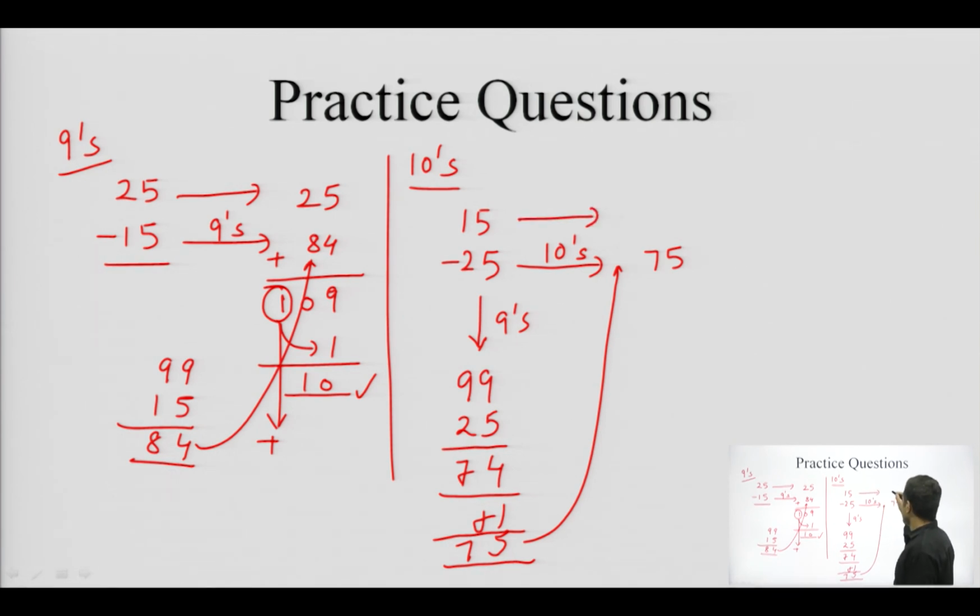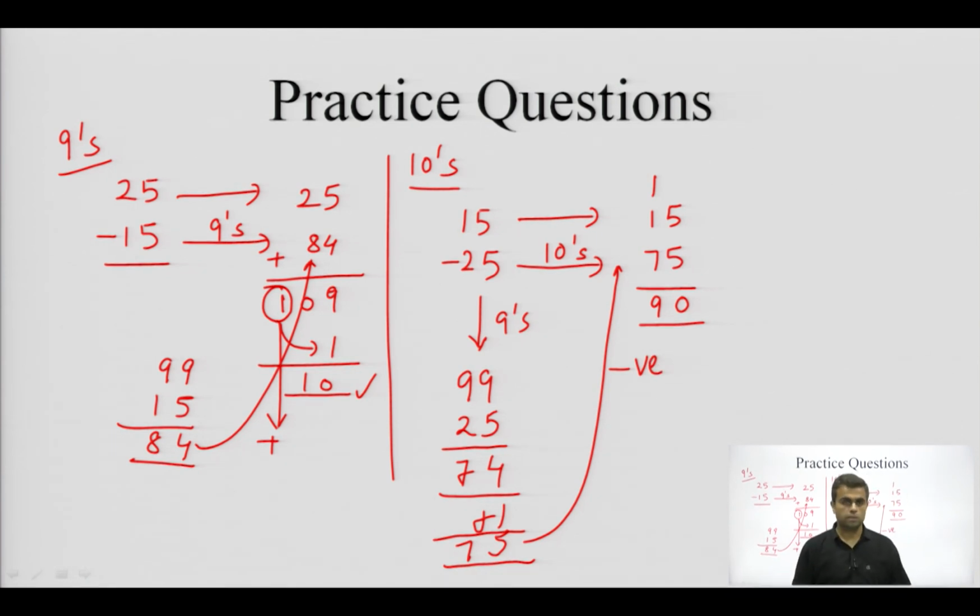This 15 is a positive number which need not be complemented. So, in this way we have these two numbers. Let us add them. 5 plus 5 is 10, 0, carry 1, and 7 plus 1 plus 1, the answer is 9. That means there is no final carry, so my answer is negative. But it does not seem to be minus 10, so to verify this I have to again perform the 10's complement of the result.